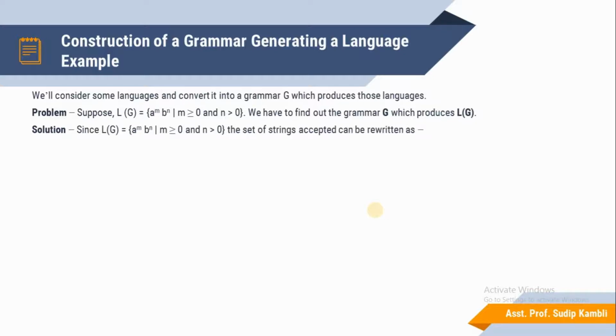So here is the solution part. Since the language is defined, L of G is equal to A raised to M, where M is greater than or equal to 0. So 0 being present means what? A is a null string, and the null is declared as epsilon. So epsilon will be present here, otherwise a null string. Okay. So only B is present, because N is greater than 0, meaning B is not a null set value. So B is present in the set.